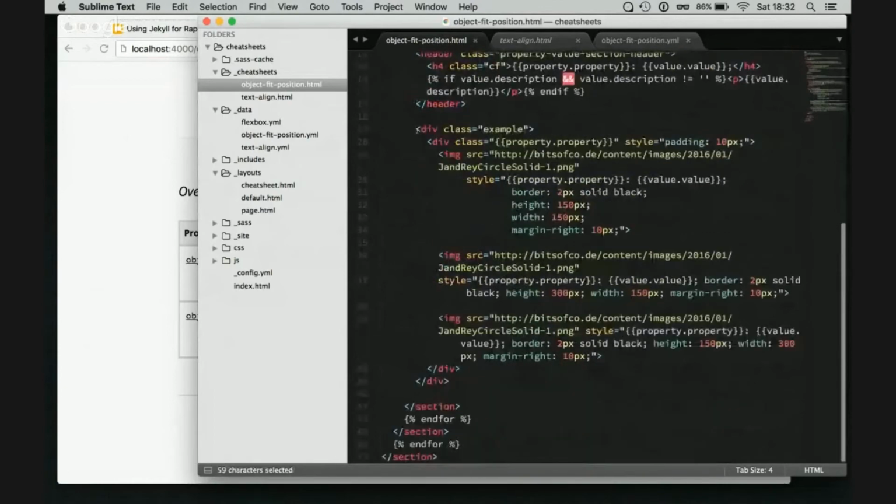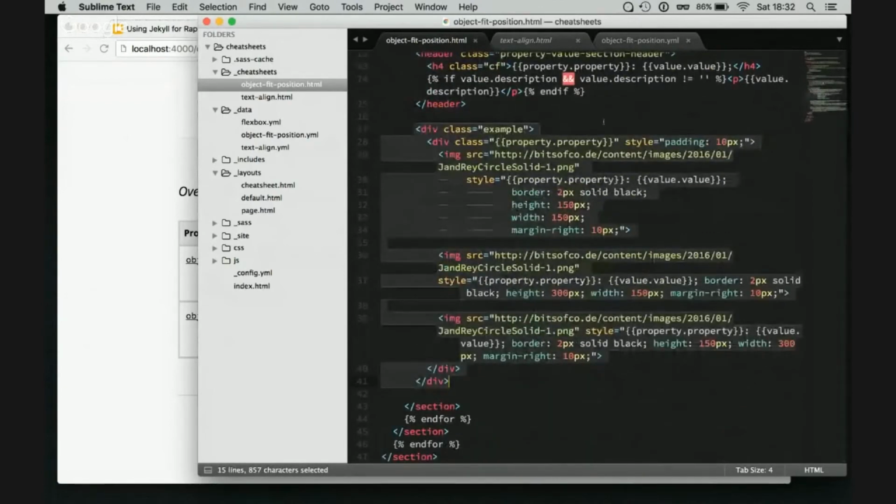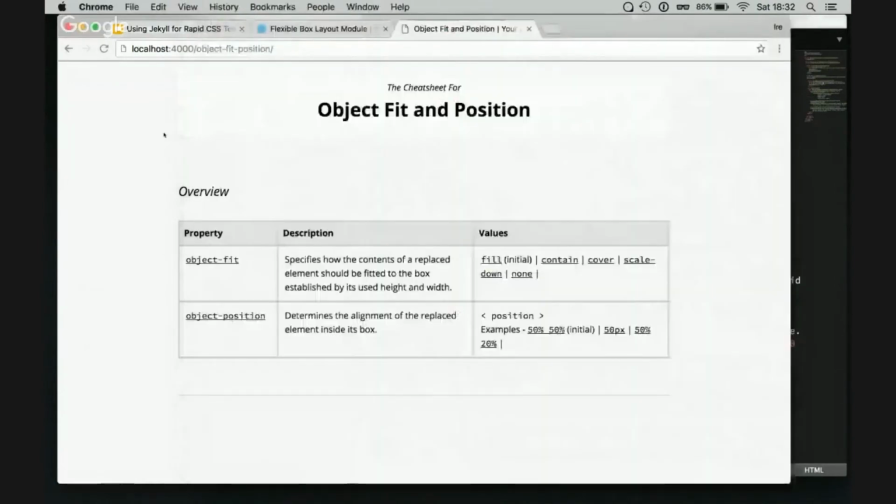For here we have a different example, because obviously just having some text isn't going to be a good way to show this. So what I've done is I've added 3 images, because the object fit and object position properties are to do with how an image is contained within its container. So I just added 3 images, and each of the images has a different dimension. One is a square, one is portrait, and that's how I'm going to be able to show this example. So if we go back here and refresh the page,